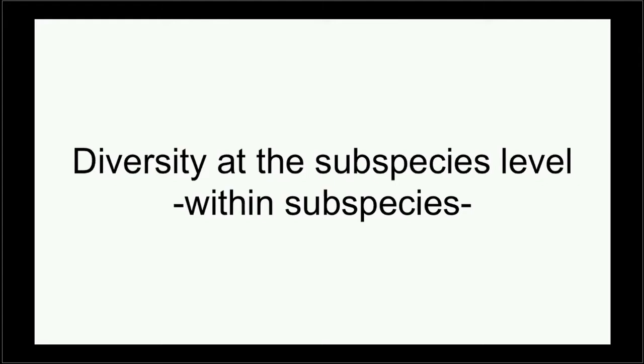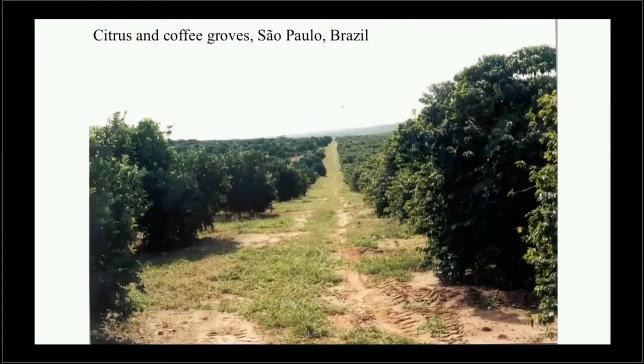So here, the best example for that really comes from Brazil. If you've ever visited Brazil, in the Sao Paulo area primarily, you have areas where you have a lot of citrus and coffee. And by a lot, I mean thousands of acres of continuous citrus or continuous coffee. Or sometimes you have a dirt road like this one right here, and you have, I don't know, hundreds of acres of citrus here, hundreds of acres of coffee here.